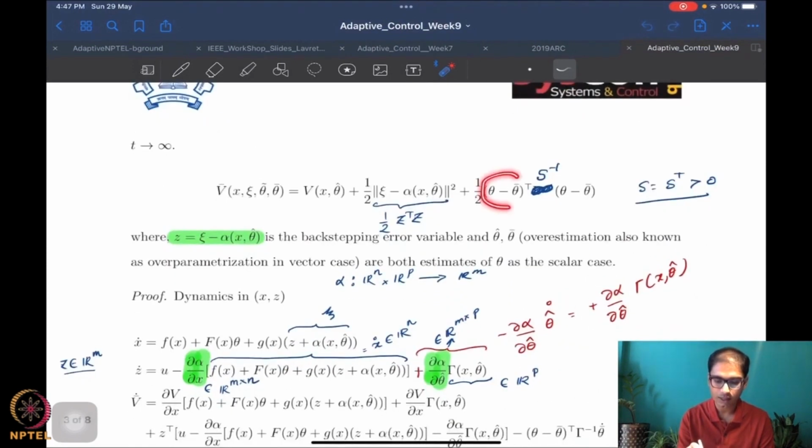So square in the new parameter error and the backstepping error squared. All right, that's it. So it's essentially very similar to the scalar case, just taking into account the fact that we are now dealing with vectors. So a lot of norms appear in place of simple squares. All right,